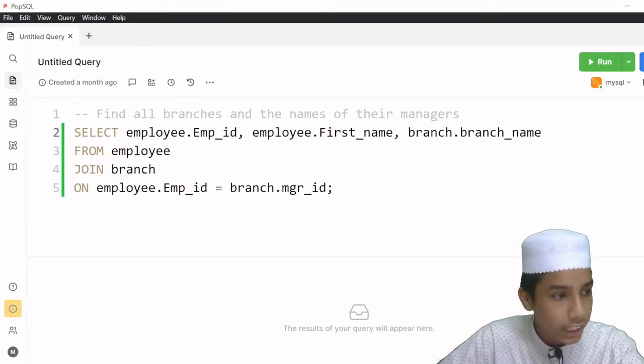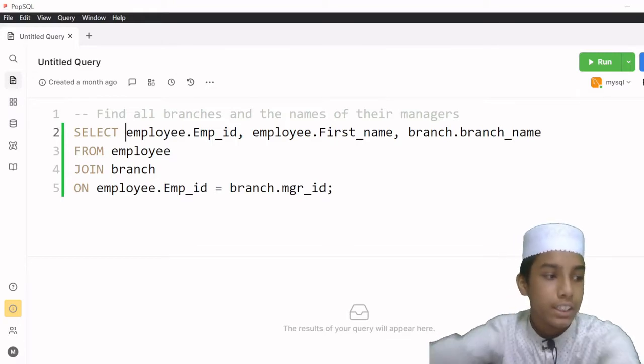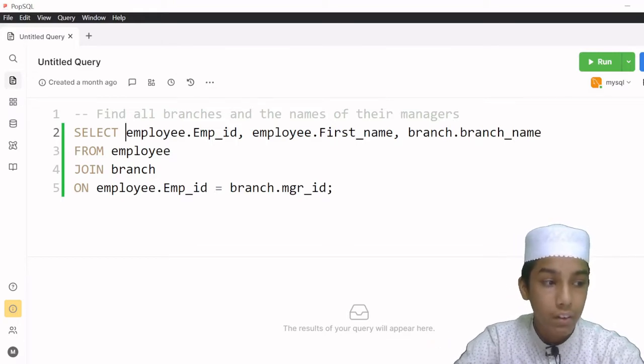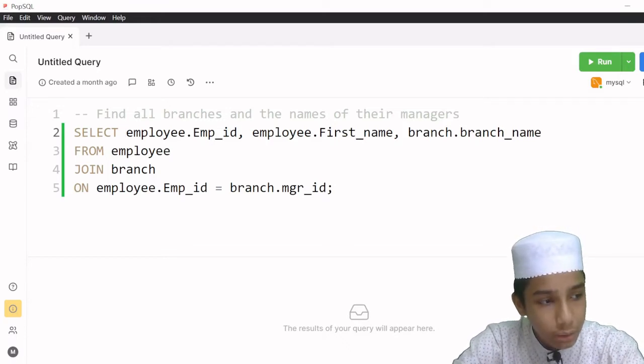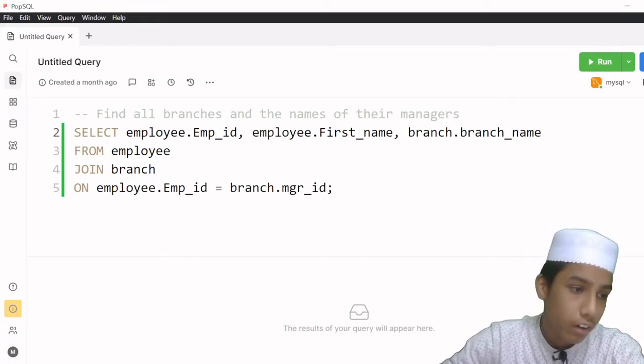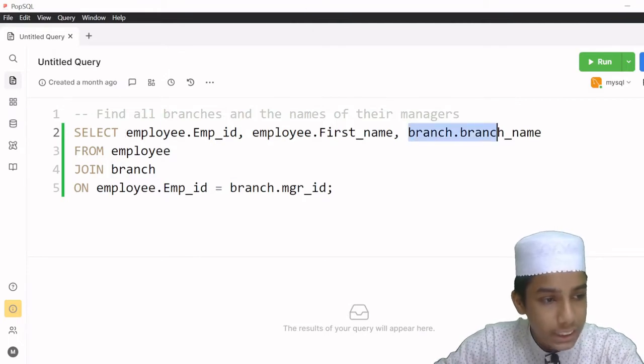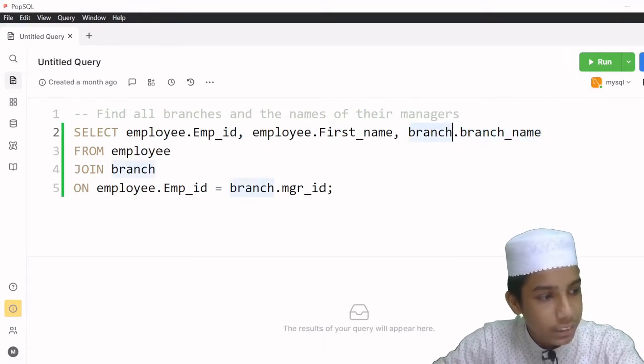We have given employee dot employee ID and employee dot first name, but we have not given branch dot branch name anytime up to this point. Now I am using this one, and then I have from employee, then join branch